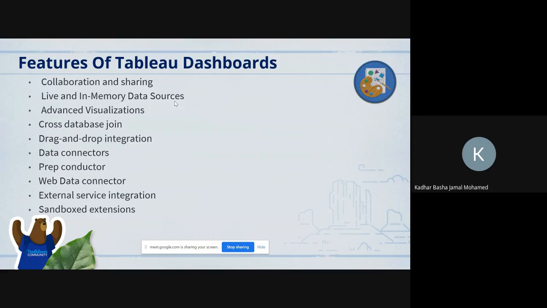Data connectors, I explained. Web connectors are also available. We can send API callouts to external web data sources, and some external files can also be imported into Tableau. Prep Conductor: if we have some data sets, in the traditional method in the data mining world, they are used to correct and process the record set. We use the record tool, so everyone knows about these things. In Tableau they provide Prep Conductor, used with Prep Builder, and it is used to process the data sets without any incorrect and noisy data, because